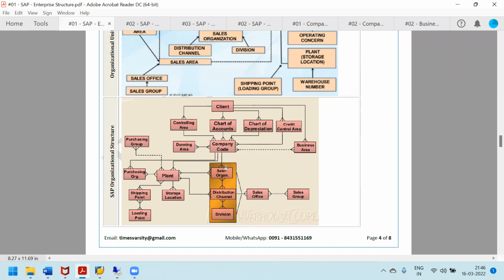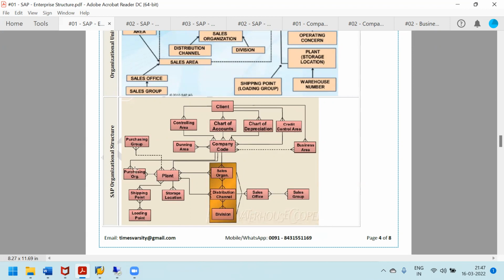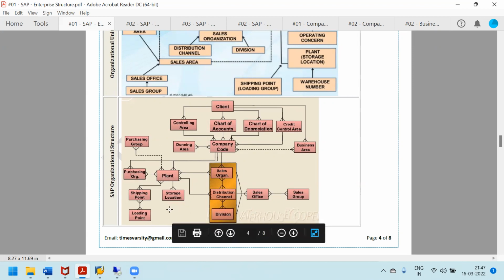Similarly, the whole sales department is divided into sales organization, distribution channel, and division. As you can see, from plant, storage location, and purchasing organization, these are MM organizational units,